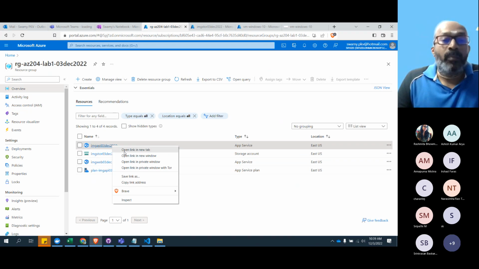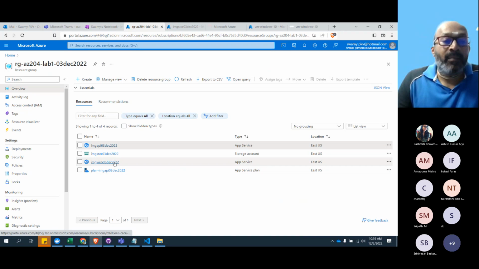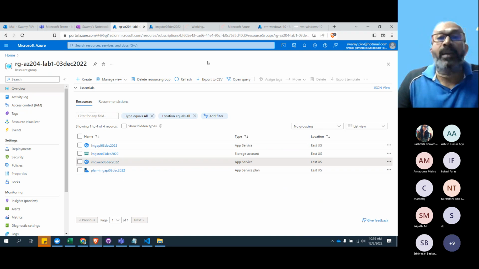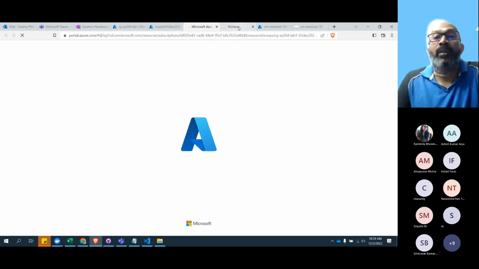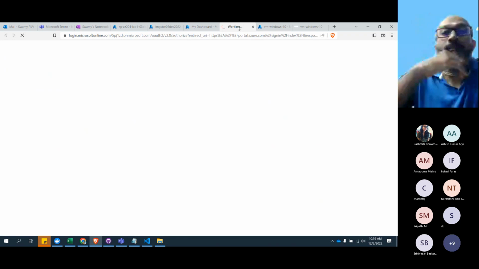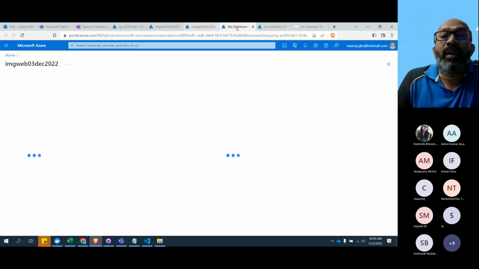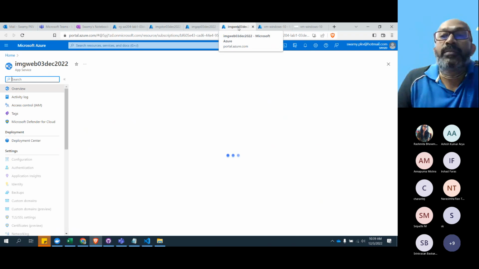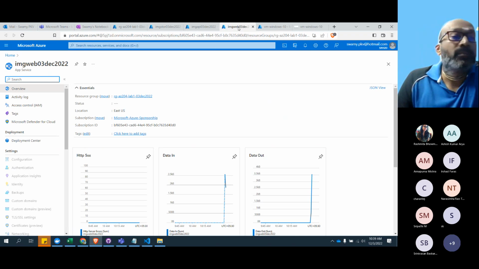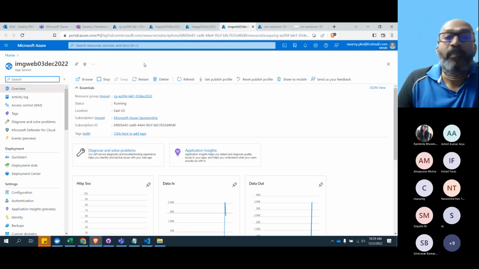So let me open up the API in another tab and the web app in another tab. Now I want to give some other extra knowledge. This is an API and this is the web app.